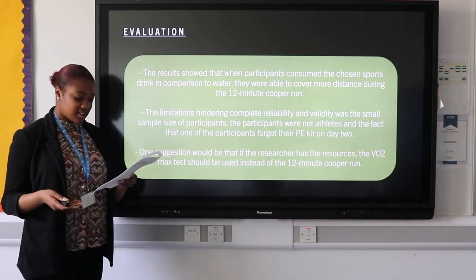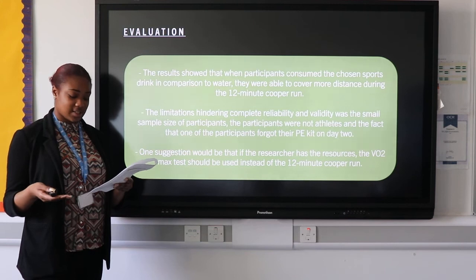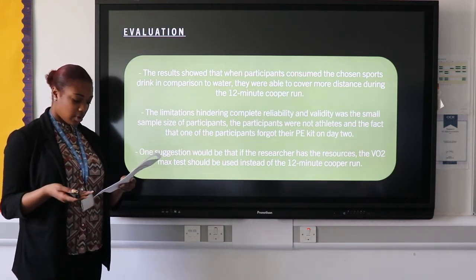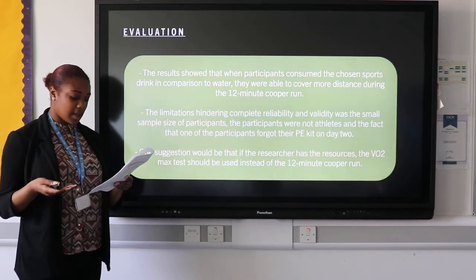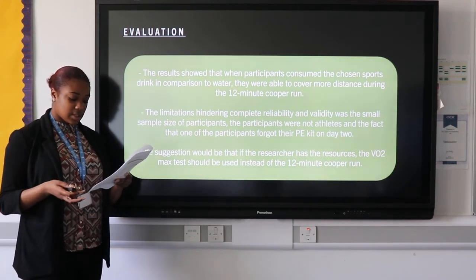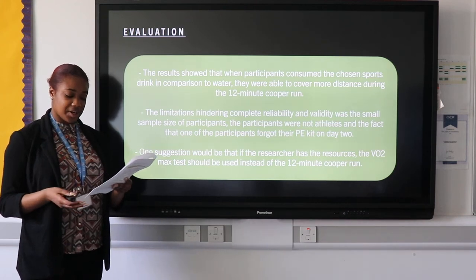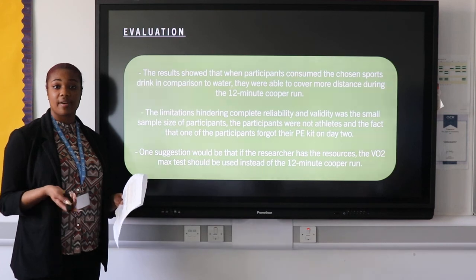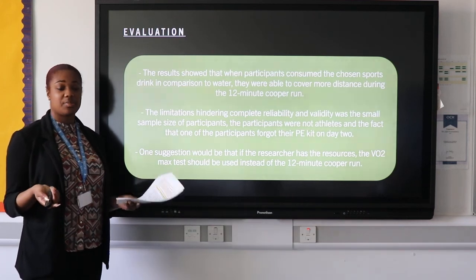This will also aid in determining how much carbon dioxide is exhaled, allowing for me to see the point of fatigue or when they become tired or exhausted. This method of endurance is precise, helping to improve accuracy and reliability, therefore ensuring that validity of the study would be achieved.